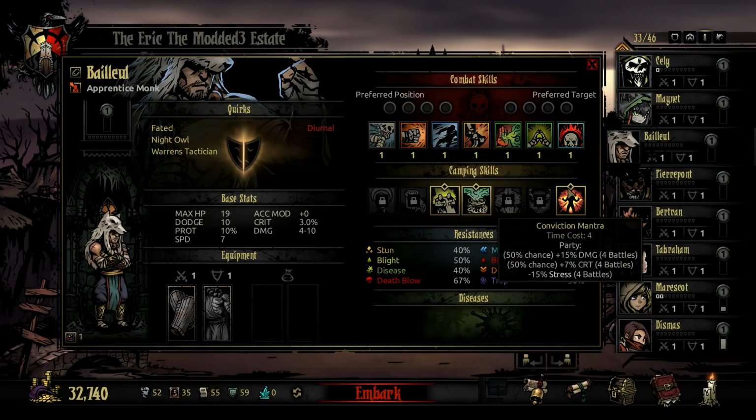And his last skill is Conviction Mantra. For 4 time points, he has a 50% chance to give the entire party 15% damage for 4 battles, 50% chance of 7% crit for 4 battles, and a guaranteed 15% stress resistance for 4 battles. This is...